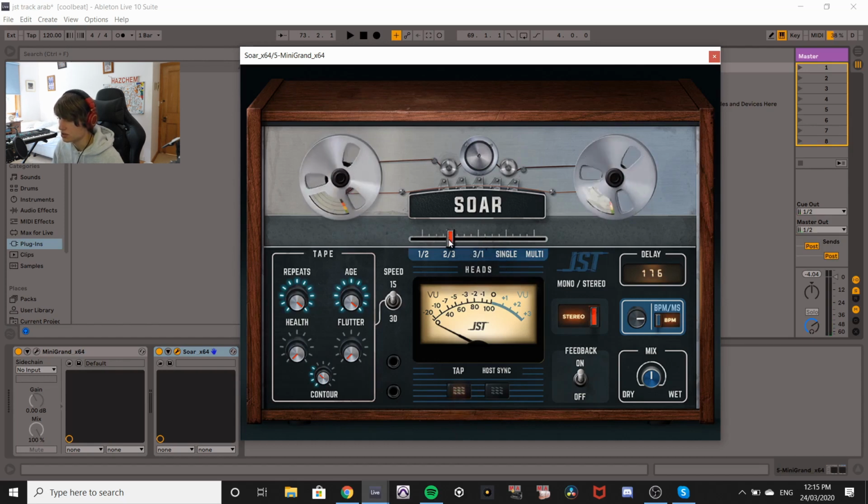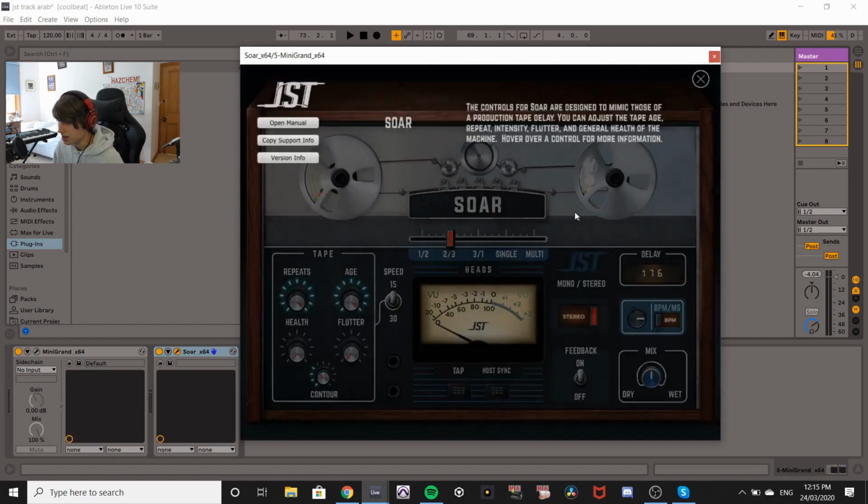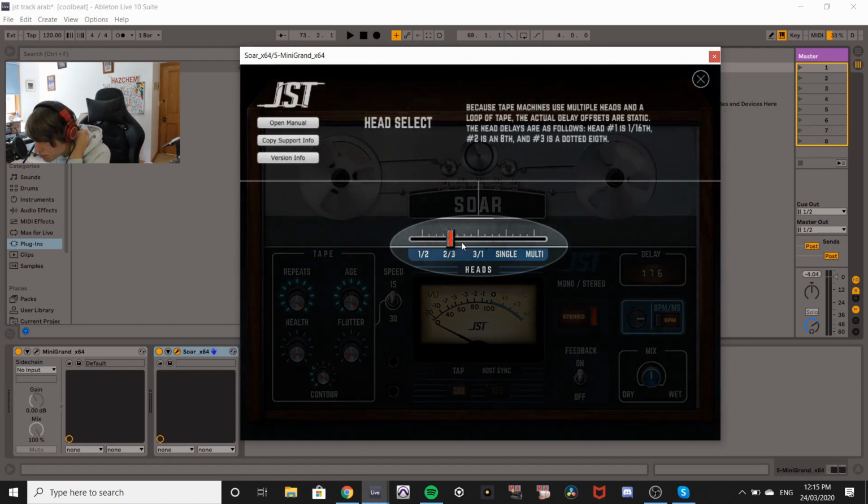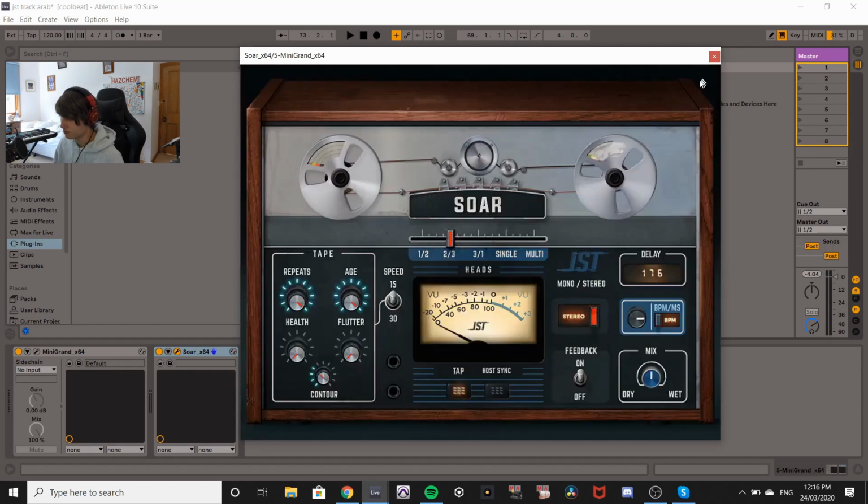So here we have the heads of the plugin, and this is like, I guess you could say, this is just the fundamental effect generator thing. So if we have a look at what JST says about it, they say, because tape machines use multiple heads and a loop of tape, the actual delay offsets are static. So basically this can control how often the initial delays are. So we can have it all the way here, 1/2. That's pretty fast. We can have it here, it'll be a bit slower. If we have it here,